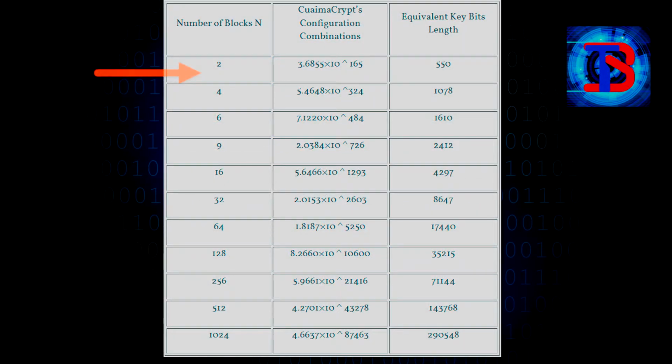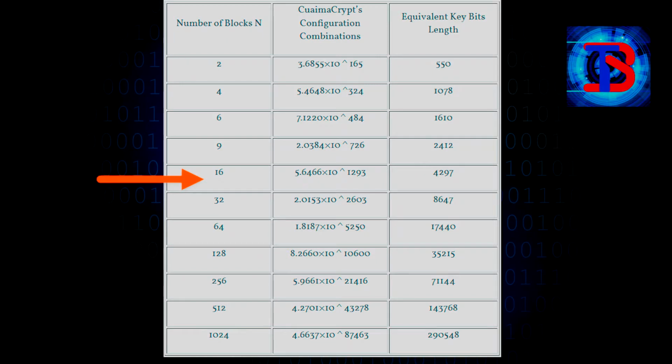For the case of n equals 2, this equation result is 3.6855 multiplied by 10 to the power of 165, which is equivalent to 550 bits. For n equals 4, this equation result is 5.4648 multiplied by 10 to the power of 324, which is equivalent to 1078 bits. For n equals 6, this equation result is 7.1220 multiplied by 10 to the power of 484, which is equivalent to 1610 bits. For n equals 9, the equation results in 2.0384 multiplied by 10 to the power of 726, which is equivalent to